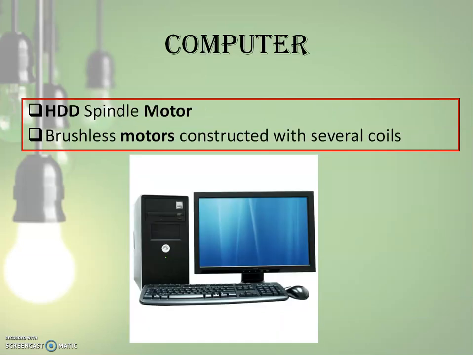Now a computer, one of the most common household appliances ever since the dawn of the internet. Computers do in fact sport motors, even if at first glance it doesn't seem to have any moving parts. The motors have to do with its hard disk drives. It spins the platters in a drive and reads the data stored on them. The cooling fans that wick hot air away from the inside of the unit also require a motor to spin.